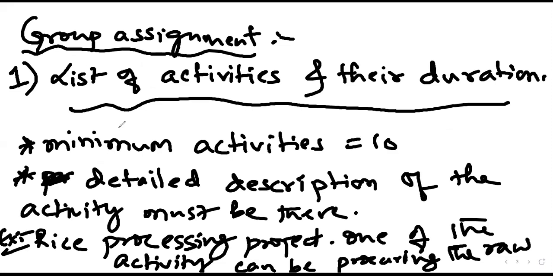Like this, each of the activities has to be decided and listed. The group members have to sit and discuss with each other, finalize this and send it to me by the 18th. The 18th is Sunday, so let's collect it on the 19th, Monday. Everyone is supposed to give the list of activities and also the duration. There is nothing much in this, only to decide on the list of activities and their duration. That's it.